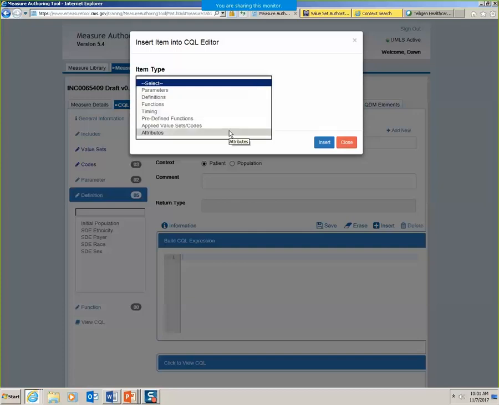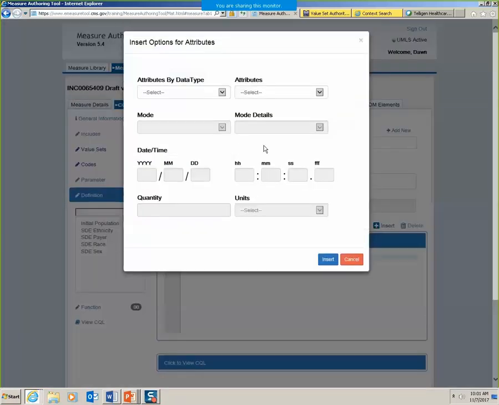Clicking on the Attributes option will open up the Attribute Builder. The Attribute Builder is handy for creating attributes with additional logic to assist in narrowing down your results. In the Attribute Builder, the first field is the Attributes by Data Type field. This field is optional in the Attribute Builder, and the selection made here will not be inserted with the attribute. However, making a selection here will filter the list of attributes in the next field based on the data type chosen. So if you're using an attribute with, say, an encounter performed,